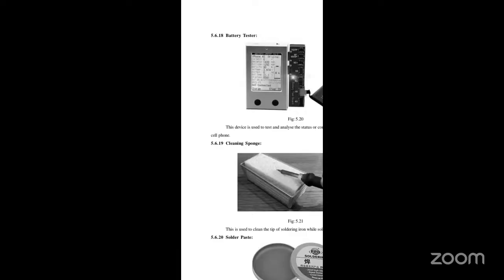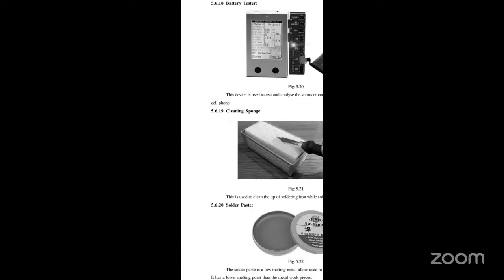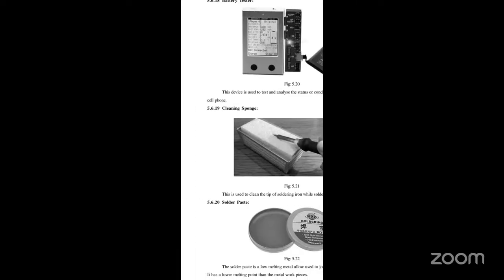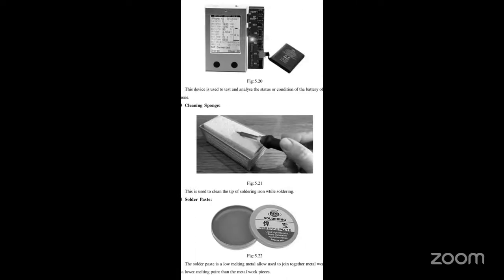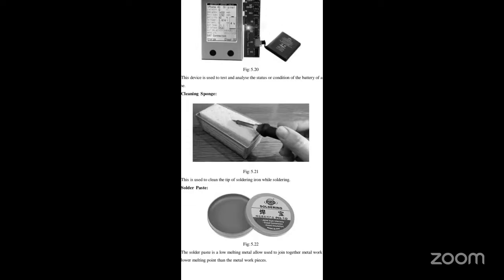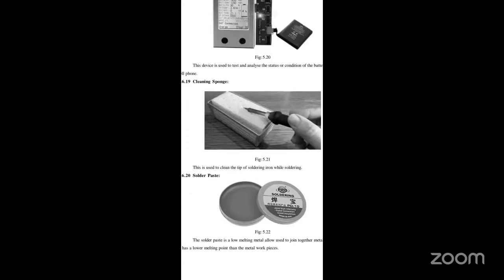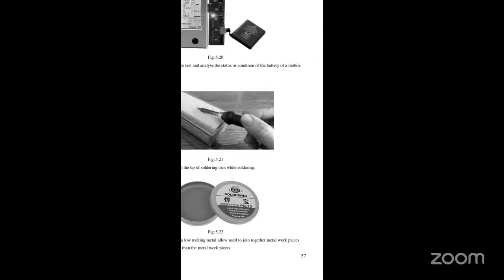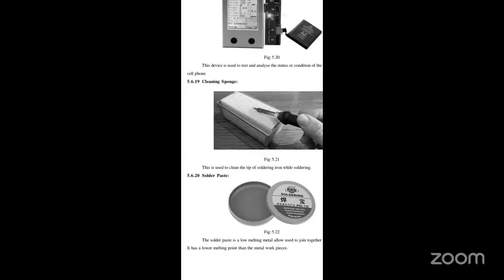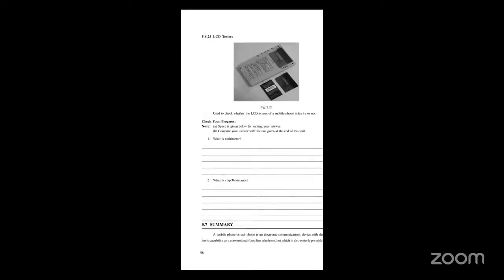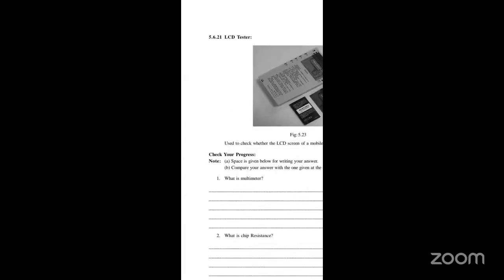Battery tester. This device is used to test and analyze the status or condition of the battery of a mobile phone. Cleaning sponge. This is used to clean the soldering iron. Solder is a lower melting metal alloy used to join together metal work pieces. It has a lower melting point than the metal work pieces. LCD tester used to